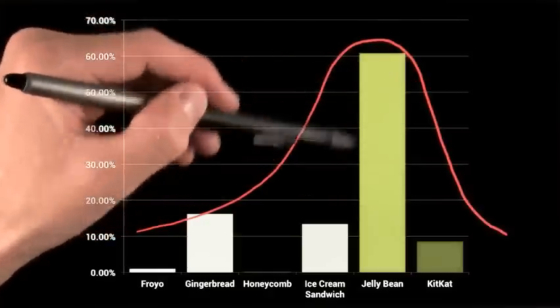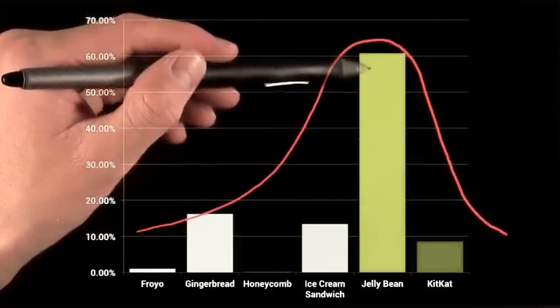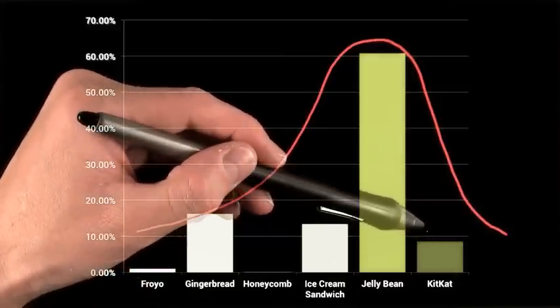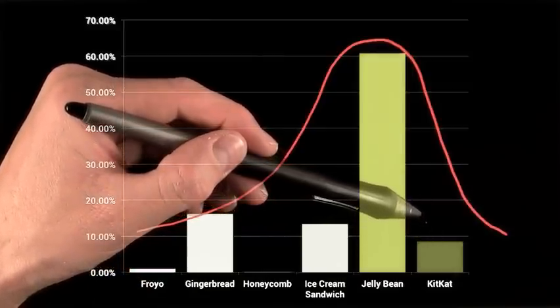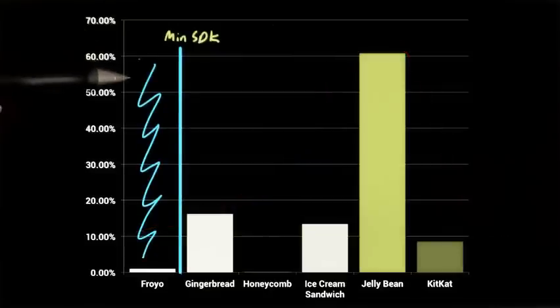The largest proportion of devices are here in the middle, representing devices about 2 years old. And the newest platforms, gaining popularity as new phones are released or upgrades go out, are here on the right. So with that in mind, the Min SDK acts as your low-pass filter. Google Play won't show your app on devices running a platform version lower than this minimum SDK version.